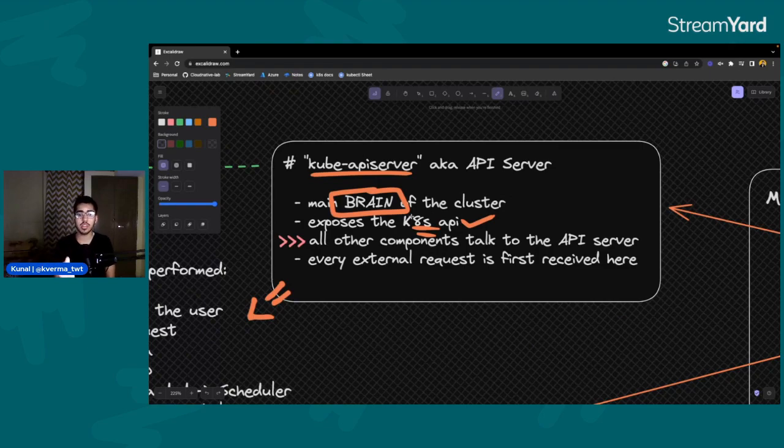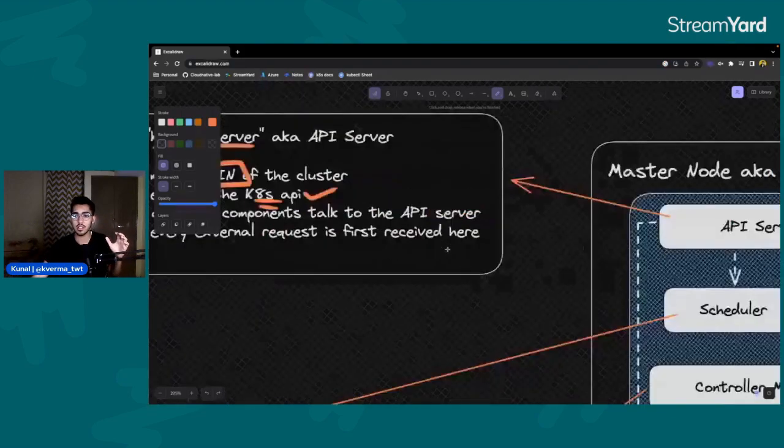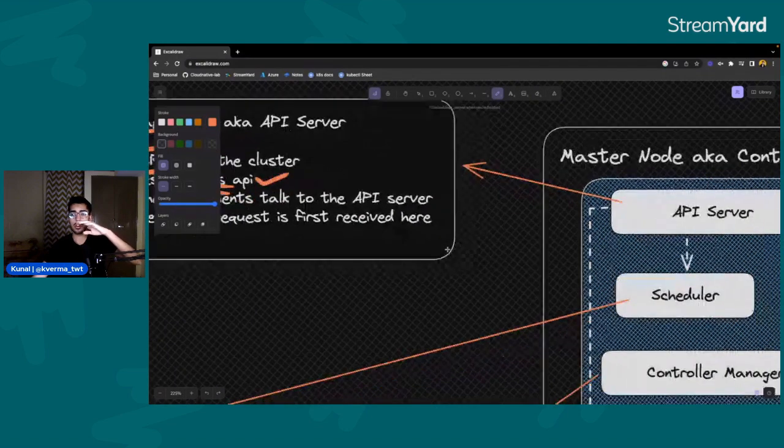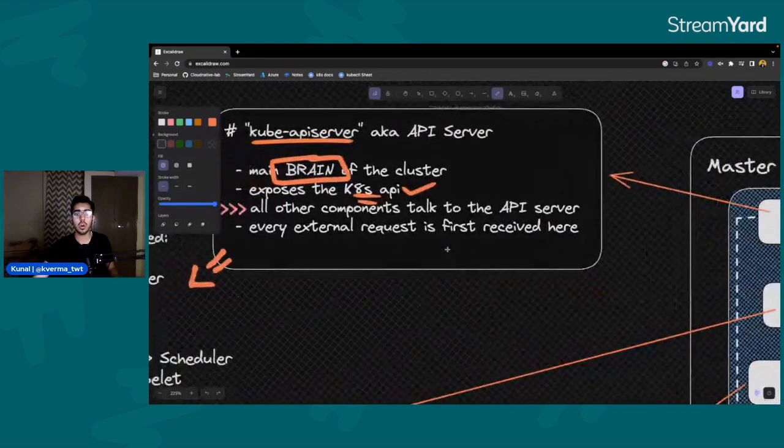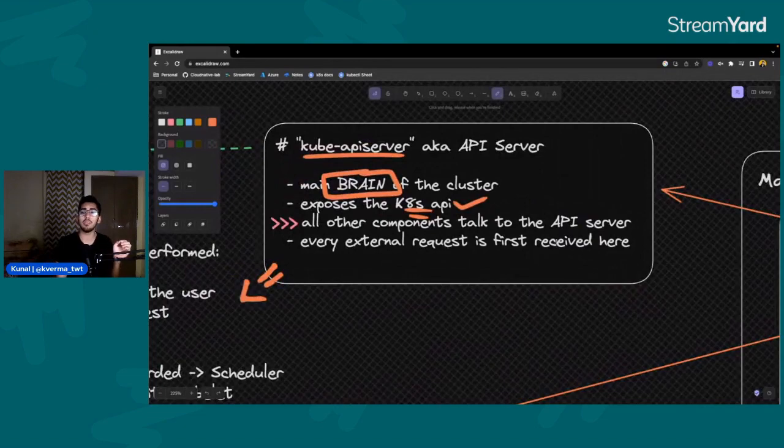Now, a connecting point to that is, because the Kubernetes API is being exposed by the Kube API Server, or the API Server, all other components which we'll see in the cluster architecture that you can see here, a lot of components are on board here. So all these components talk to the API server. The API server is the only component in Kubernetes which is able to talk to every other component of the entire cluster. That is a very important point to note.